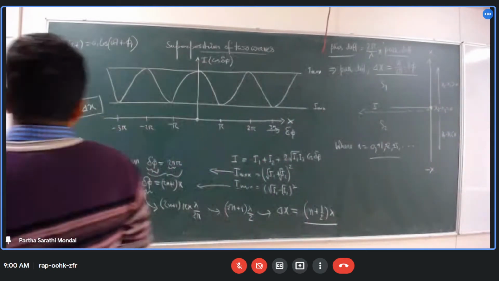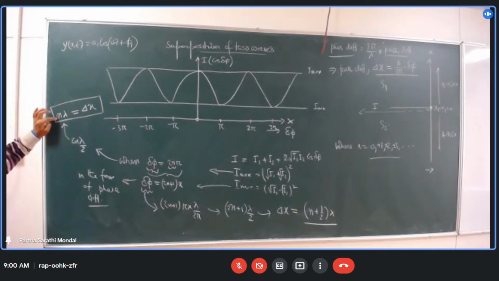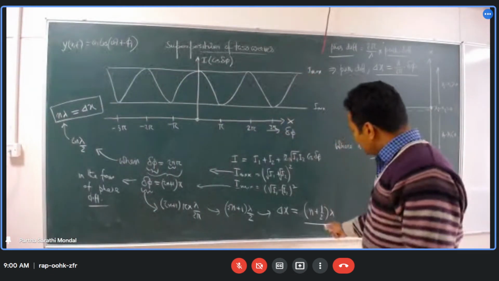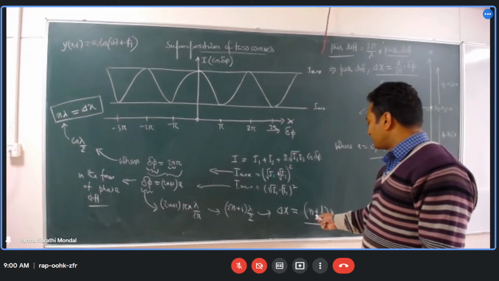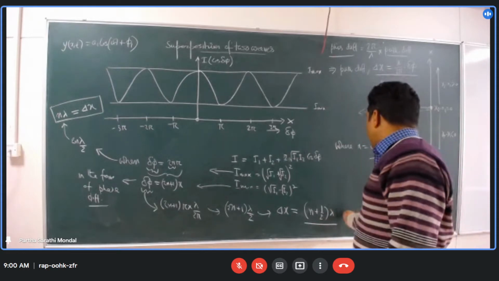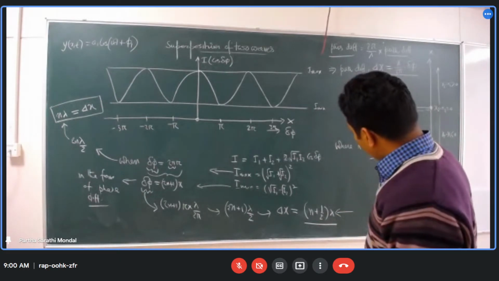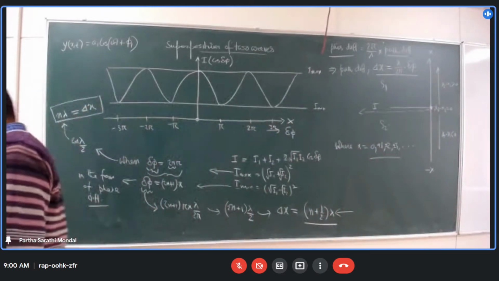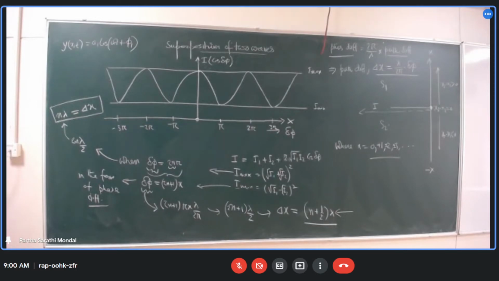So now, उसका मतलब क्या है? If you have an integral multiple of lambda, n is 0, 1, 2, 3, 4, 5 like that, then we will get maximum intensity. And now, this is 1 plus half, let's say, so that means 1.5. So it is not an integral multiple. So if you have a fractional multiple of lambda in terms of half, you will get minimum intensity on the screen. Both are true because there is a relation between phase difference and path difference. So that is how we can do it.